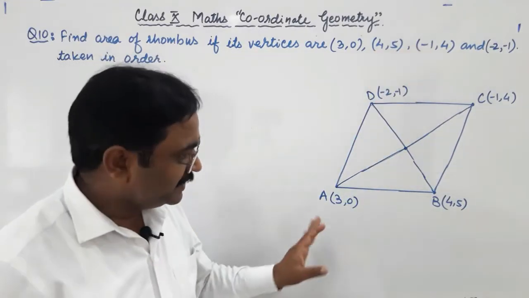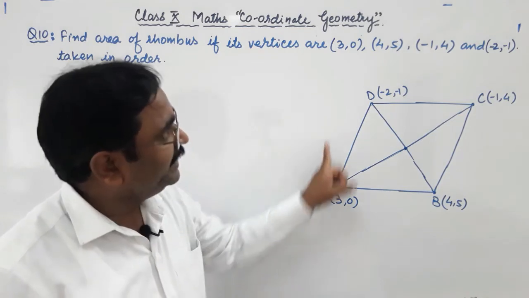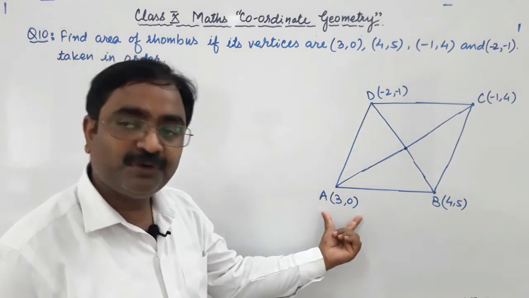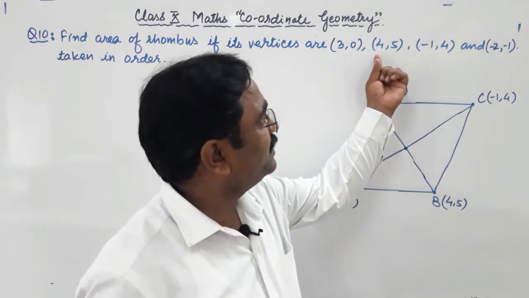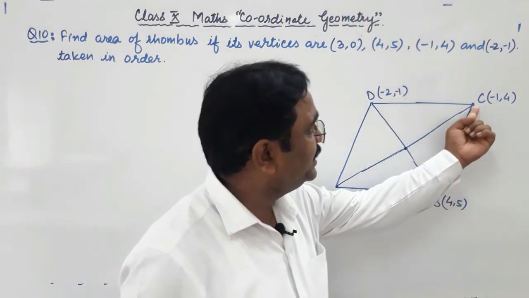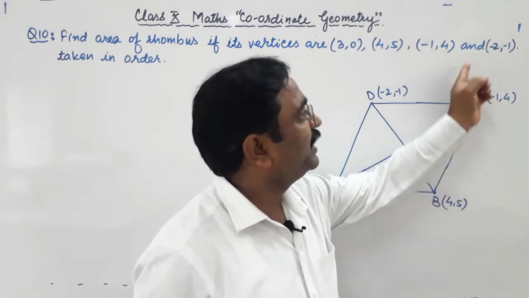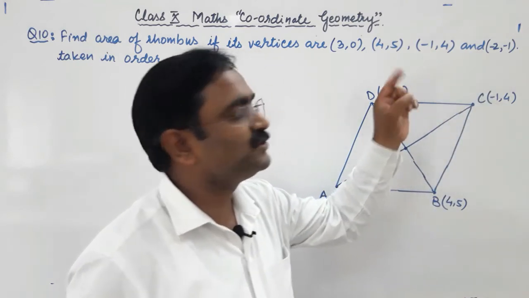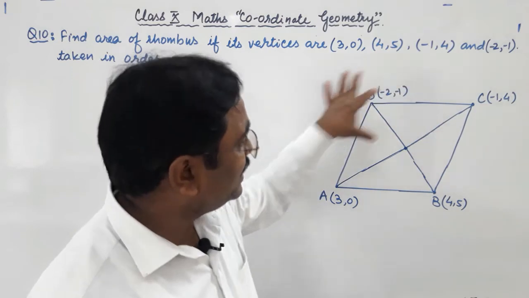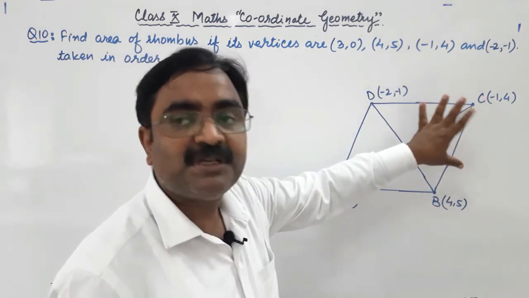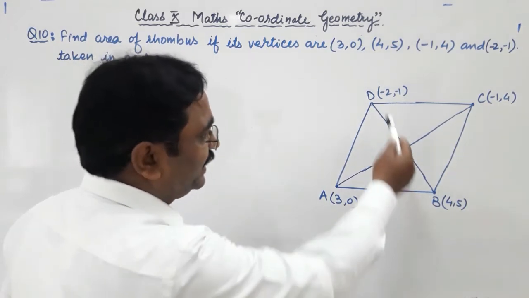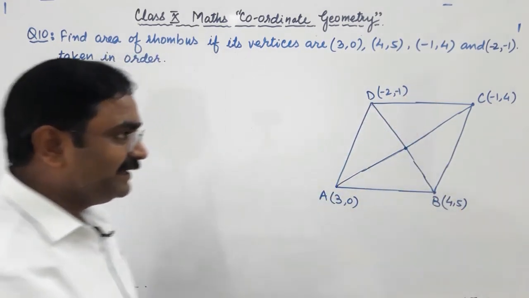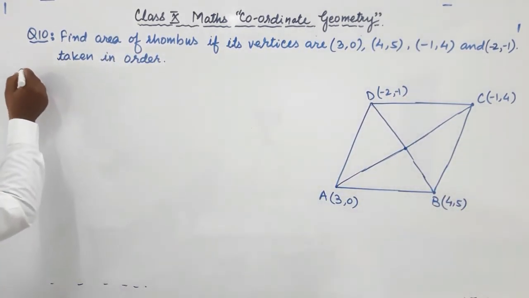So let us see. Point A is (3, 0), the coordinates of point A are 3, 0. Point B, the coordinates of this are 4, 5. Point C is (-1, 4) and point D is (-2, -1). These are the vertices of the rhombus taken in order, right? As we have taken these vertices in order,